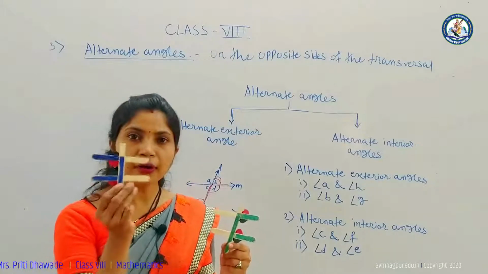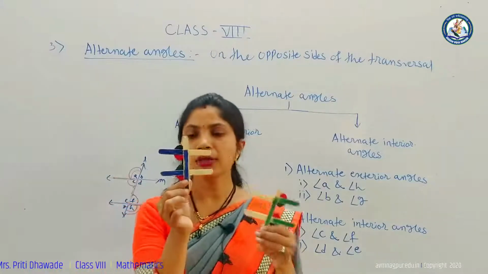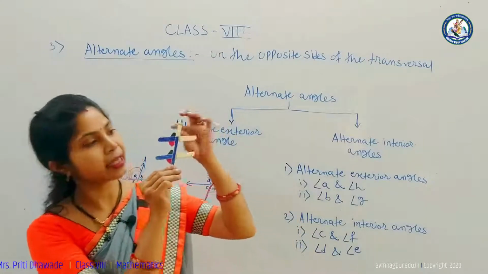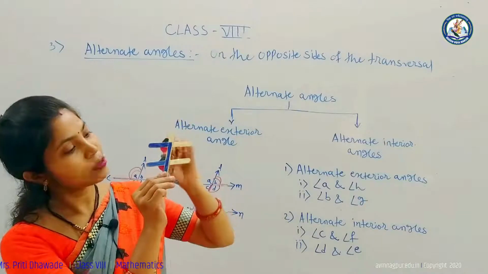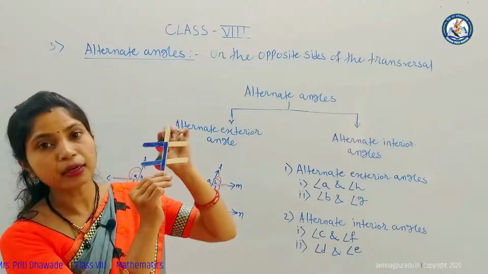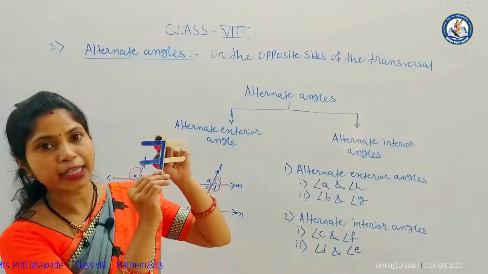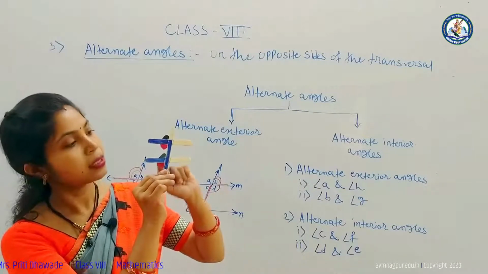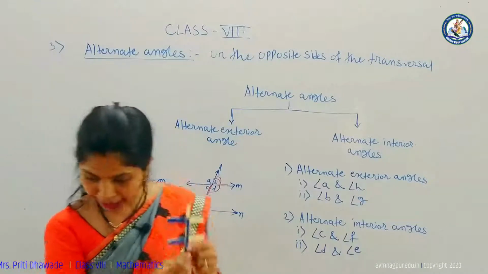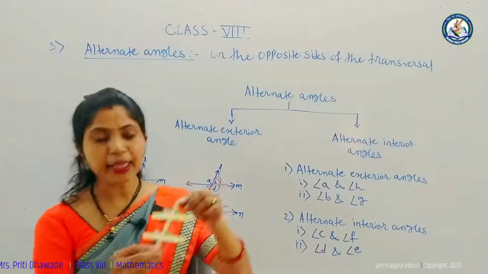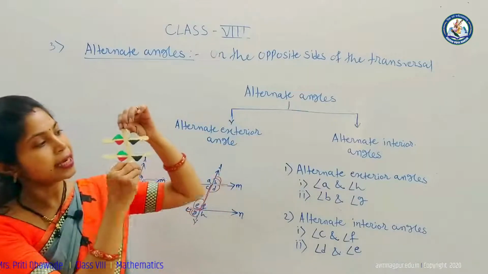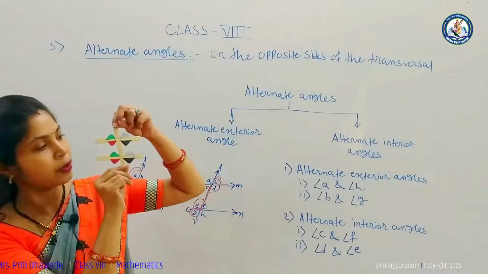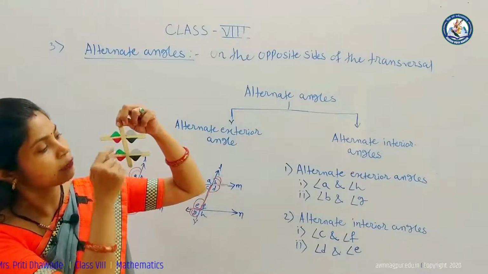We can also draw an F on the left hand side also, so that we get the four pairs of corresponding angles like this. Now look at this. These two angles are present at the same corner. So this is one pair of corresponding angles, and these two angles, by using the red color paper, are another pair of corresponding angles. So in this way, when the transversal L intersects the two lines in two distinct points, we get four pairs of corresponding angles. I am showing them by using different colors here.